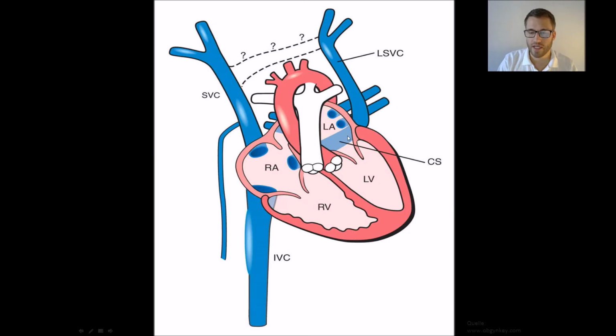and if it first connects to the coronary sinus, then the blood of parts of the upper extremity, the left part of the upper extremity, is connecting to the coronary sinus, not only getting blood from the heart. And that is much more blood the coronary venous sinus has to take into the right atrium, and the coronary sinus is dilated. And if you have this condition, it's very difficult to place or implant a pacemaker from the